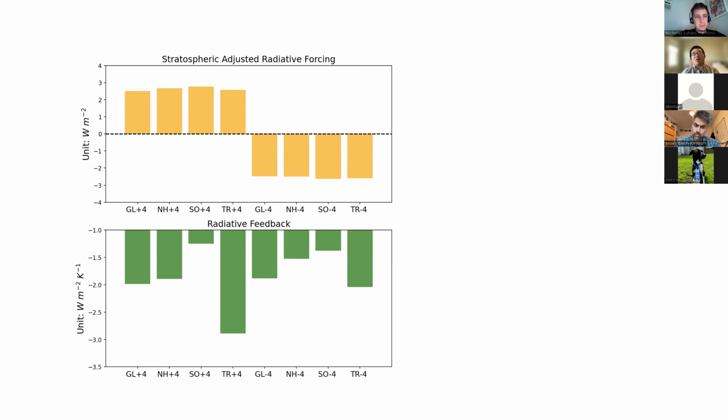Yeah, that's a very good question. We do see there are some variations between the different periods of the simulations. The feedback, as you know, is not a constant over time. But yeah, the effective radiative forcing is a very good suggestion. I will investigate this and try to analyze the results in more detail.